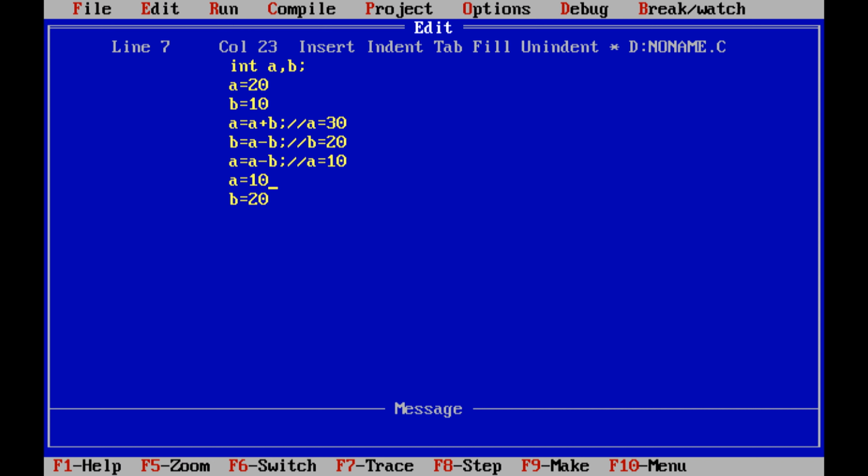We are only using two variables A and B to implement the swapping logic. In the previous program, we used a temporary variable to swap the values of two numbers. That is already implemented in the previous video. Now we can see the implementation.